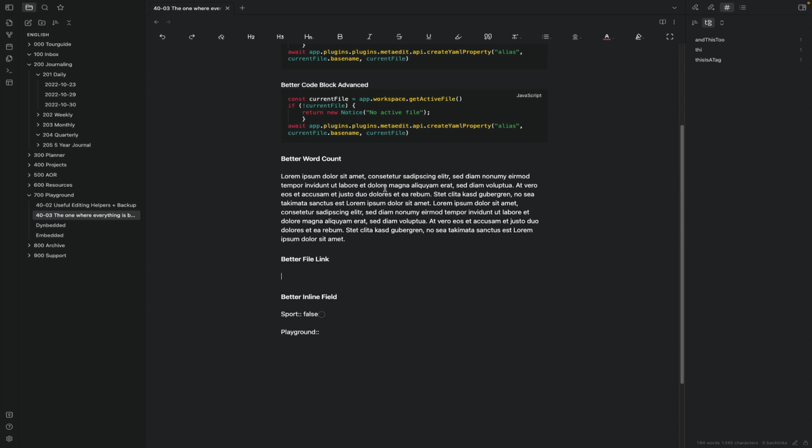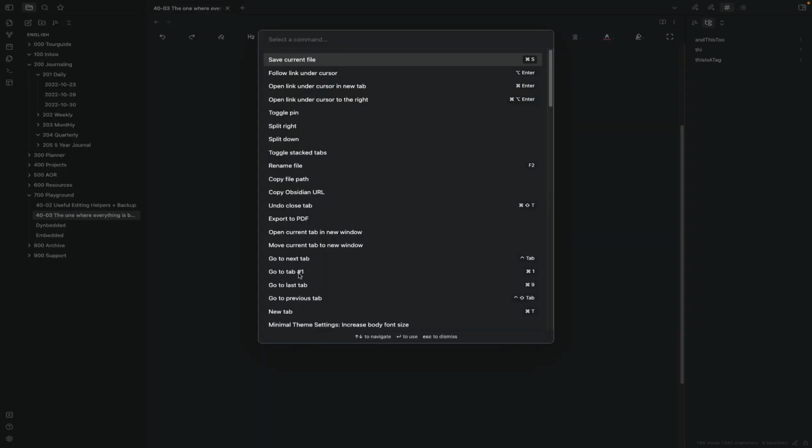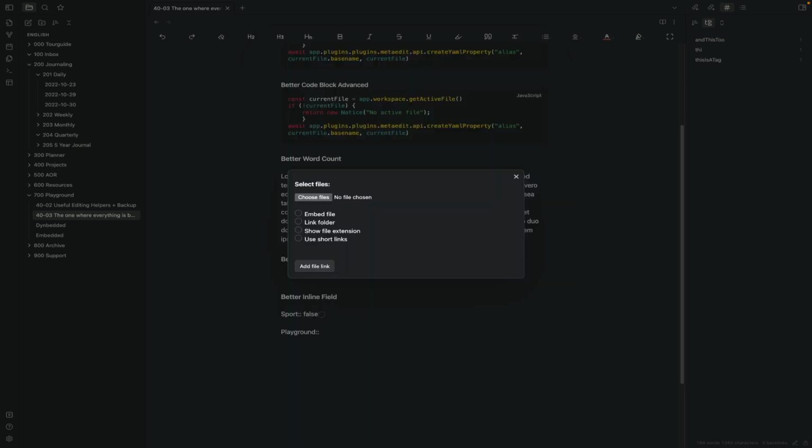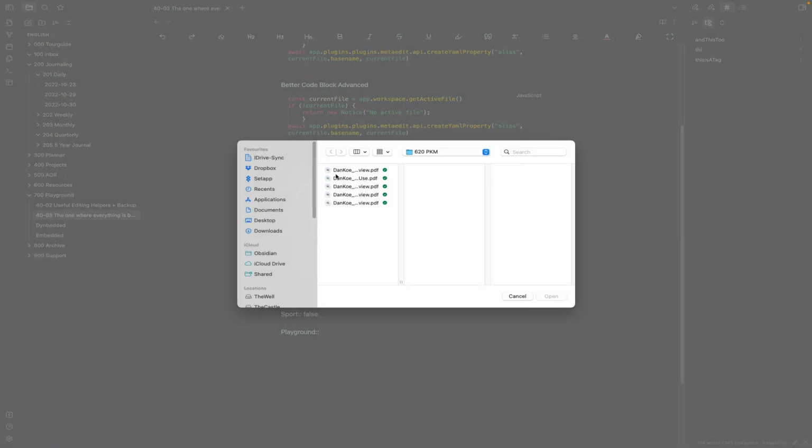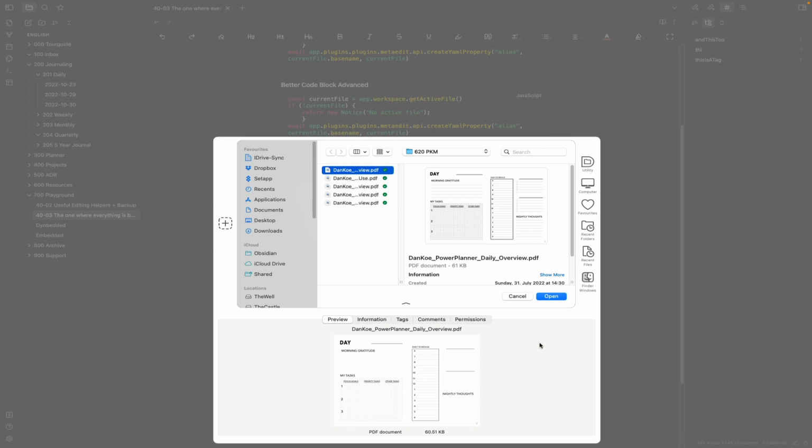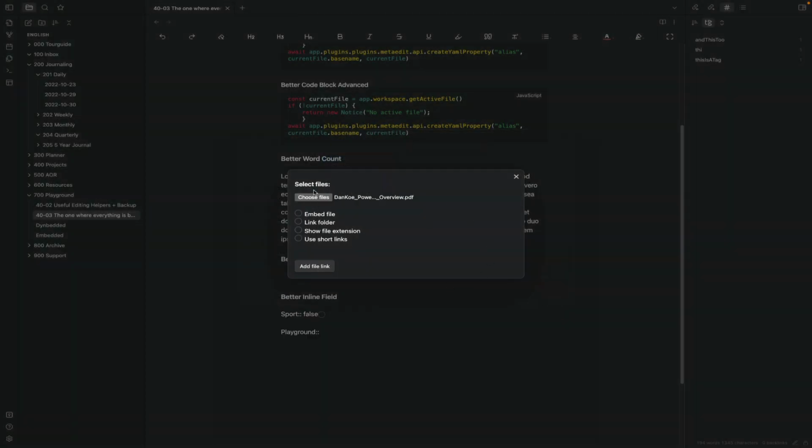Better Filing is maintained, same with Better Inline Field at the moment. And it's another thing, because you can embed links to other files via drag and drop, but I don't like drag and drop. I like the file menu. So Better Filing just adds that either via the command palette, or you can add a hotkey for this, like, I don't know, Command O to open a file or whatever, and you can then just go and browse for a file. This dialog is from Mac, it's not the normal one. This is just the selection, and you can say, oh, I could even want to embed it into the